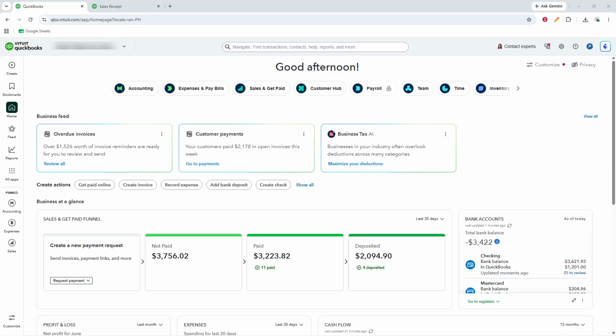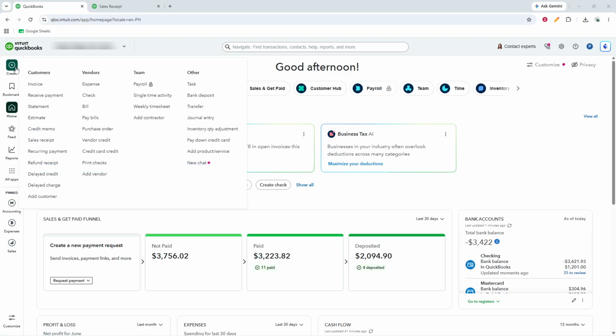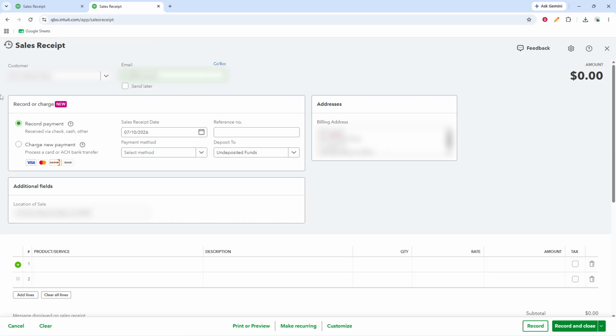In today's video, we are going to cover how to record sales receipts in QuickBooks Online. Start from your QuickBooks Online dashboard and open the Creation menu by clicking the plus icon labeled New. From the list of transaction types, select Sales Receipt. This opens the sales receipt form where you will enter the details for a payment that was received at the